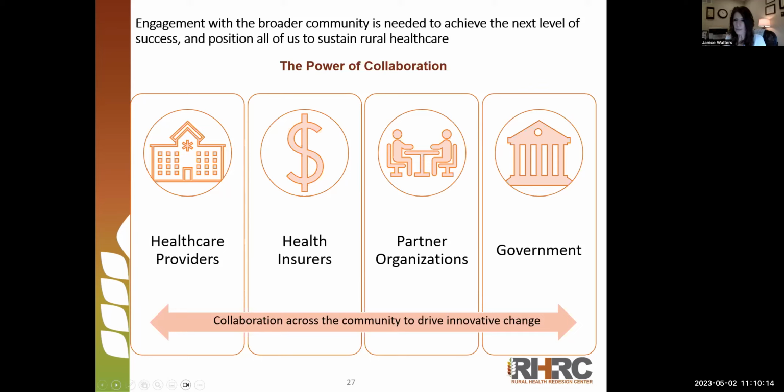Most of our hospitals have really come to rely on their global budget, the predictability of payment that it provides them, because we do pay those global budgets on periodic installments that folks can count on. So really, as we continue to look towards the future, it's ongoing collaboration of healthcare providers, health insurers, partner organizations, and government, because none of this can really be done in a vacuum. It takes all stakeholders across the continuum in order to continue the momentum to drive innovative change within the state